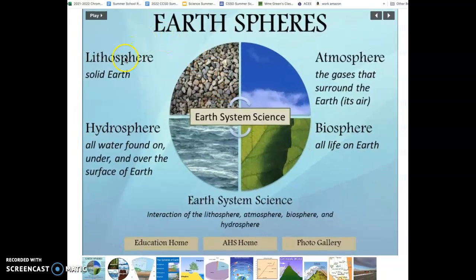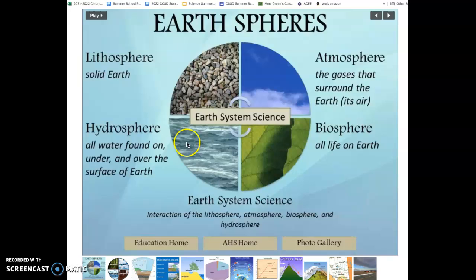Okay, we have the lithosphere, which is the Earth's rocky layer. So that's the land, the mountains, the Earth's crust. So if there's volcanoes or earthquakes, that's all part of the lithosphere. That's the rocky layer. Okay, the other layer is the hydrosphere. So that is the clouds, the rain, the oceans, rivers, glaciers. Okay, and that's all